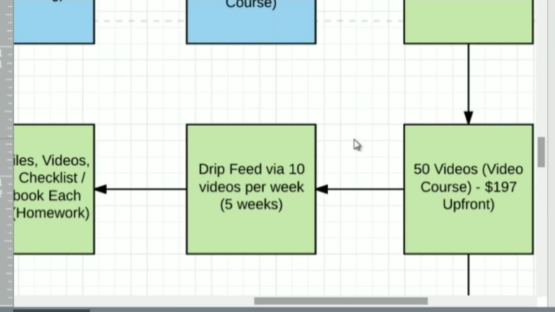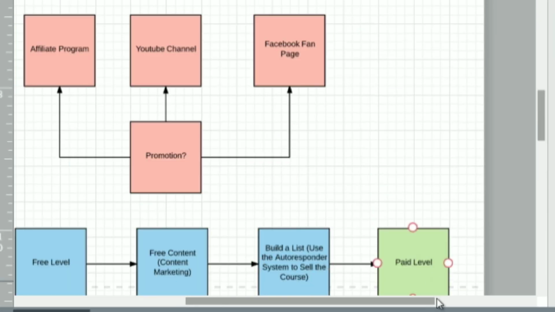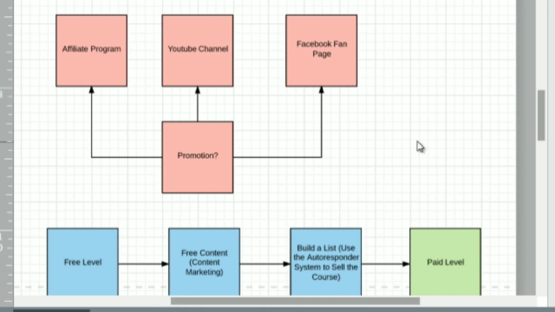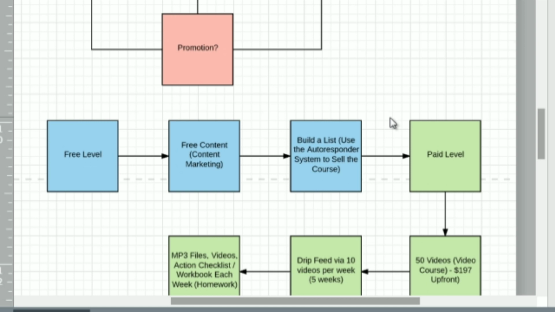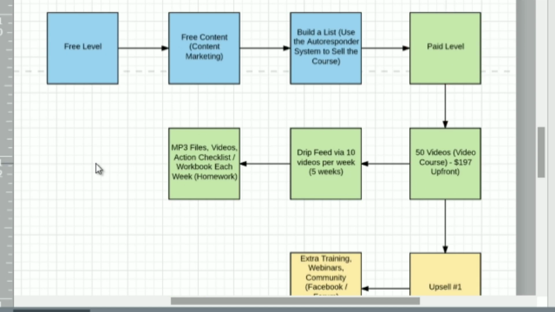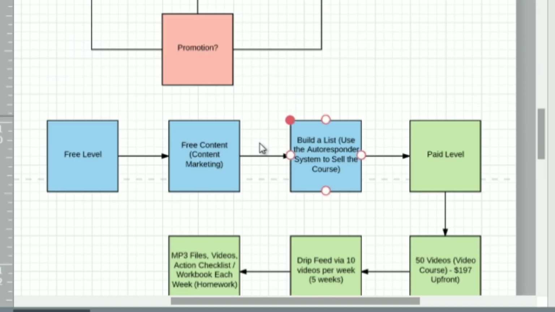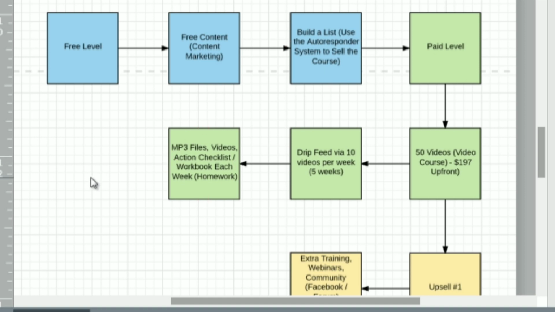Okay, so now, as you can see, I'm going to zoom in a little bit. You can see that we have essentially set up a blueprint. And of course, we can add to this as we go, but this is the general thing that you want to have in hand. Now you can see, okay, I've got a free level, free content, marketing, I've got to build a list. Now, obviously, inside of these, you're going to need to figure out, okay, what autoresponder am I going to use? What kind of content am I going to use? Who am I going to hire? You can add more detail into it later on, but now you have a game plan. All right, so now you have what most